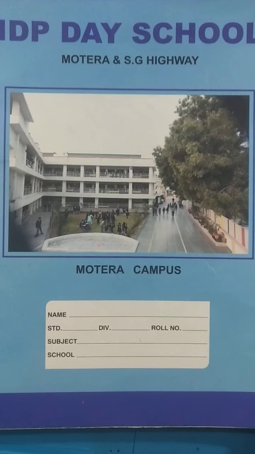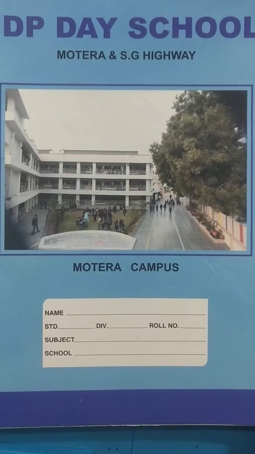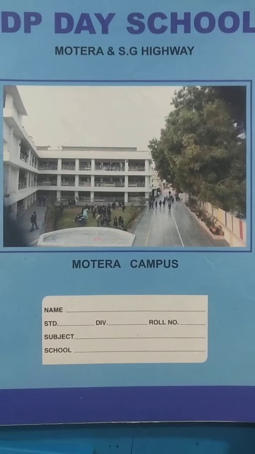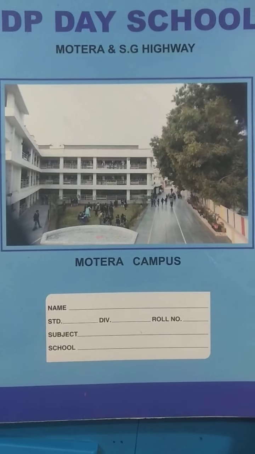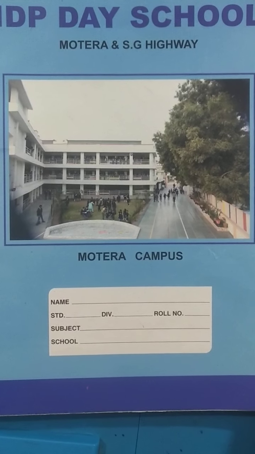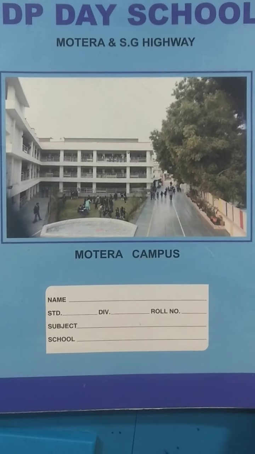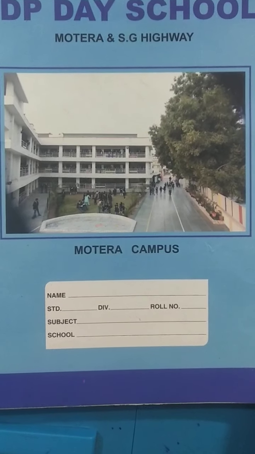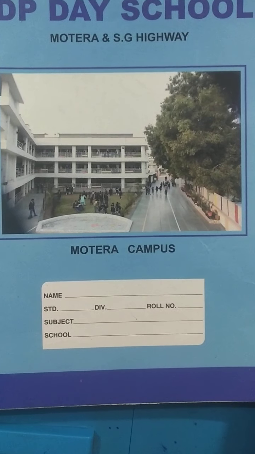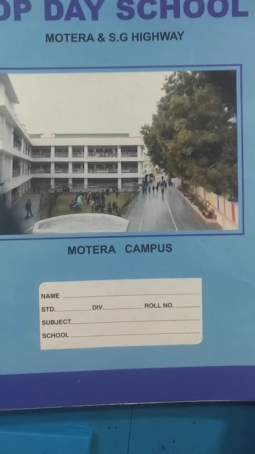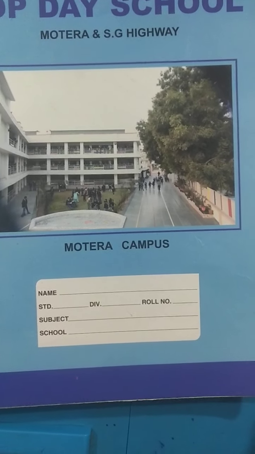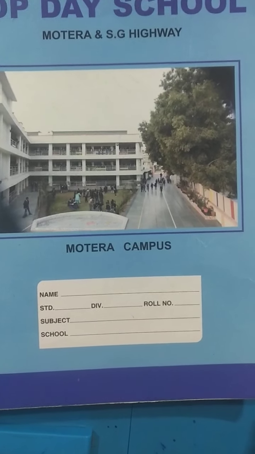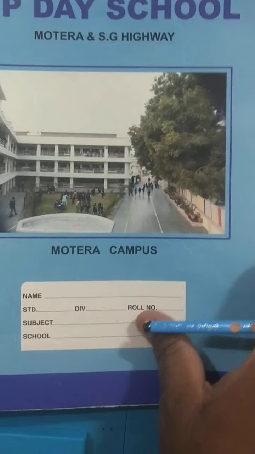Good morning, students. This is our session 4 of chapter 6, Lines and Angles. In the last session 3, we saw some examples based on the different types of angles. Today, we are going to start with a new topic: angle sum property of a triangle. So, let us start it.